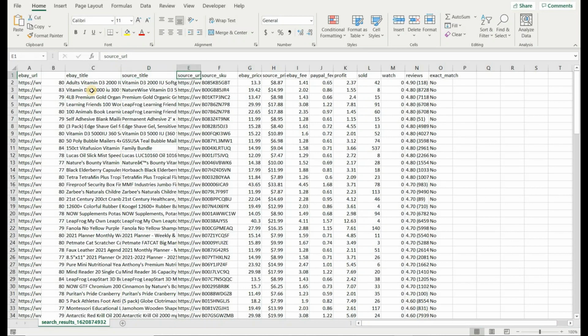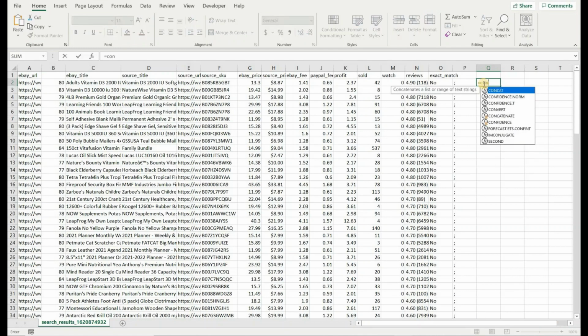Then you need to add a column of semicolons. And finally, we need to concatenate the relevant information into a string. The formula here is equals concatenate source SKU, comma, semicolon, comma, eBay title.